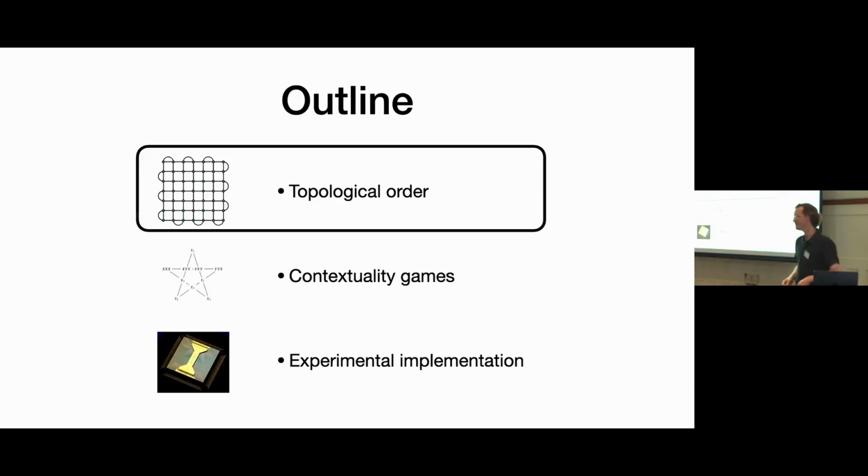Good. So the outline for the talk is I'm going to go in order of things I know about. I'm going to start by telling you about topological order and topological codes, and then move on to things I'm increasingly unsure about. So contextuality, a bit daunting that Stephen's sitting in the front there. Hopefully I don't say anything wrong. You can correct me. And then I'll move on to a little bit about the experimental implementation, and that I'll probably get completely wrong anyway.